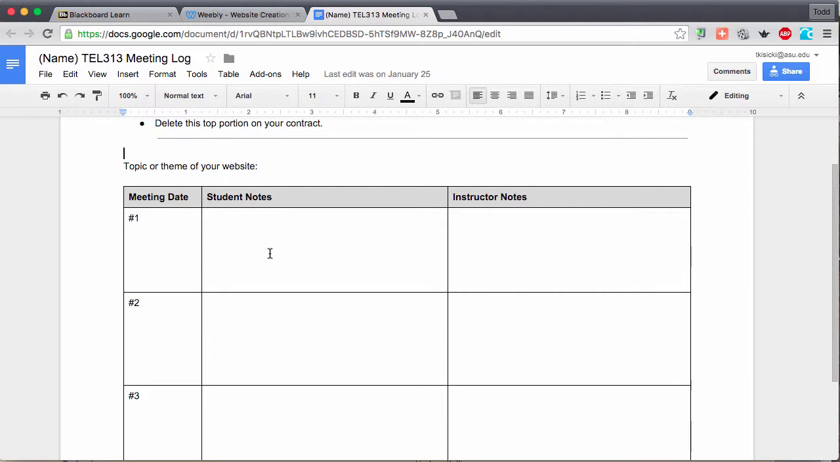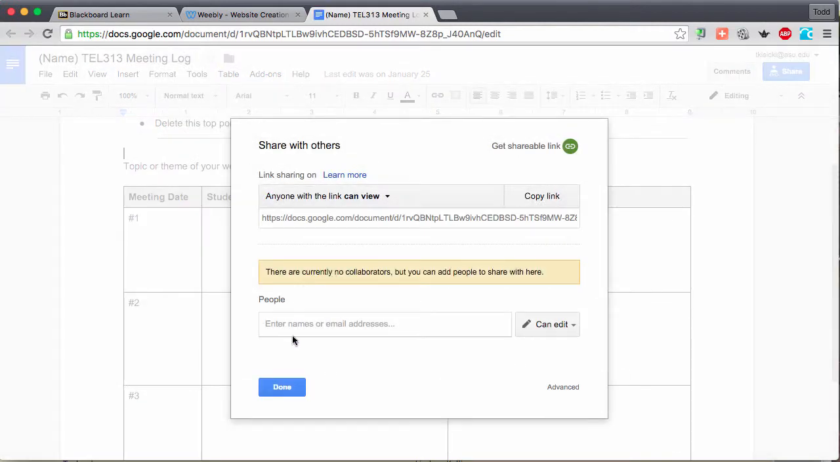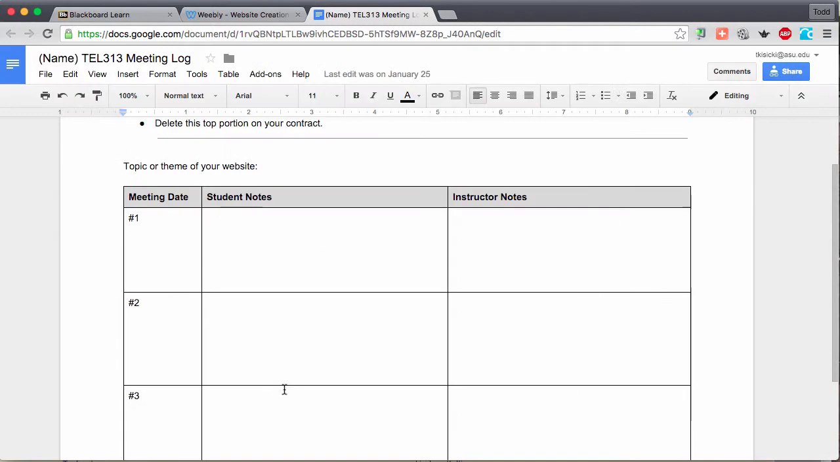So however, what we talked about during our meeting, kind of from your perspective, if you have any questions and whatnot. If you do have any questions after you write them in here, go up to File and Email Collaborators, and that will send me an email. You can type a message into it, but it'll send me an email so that I know to go in and